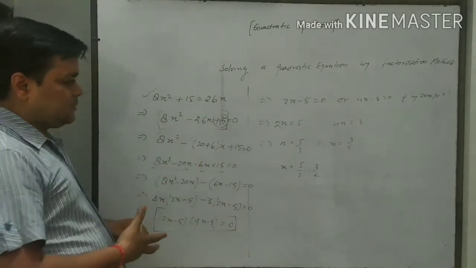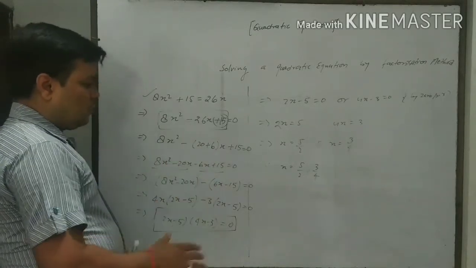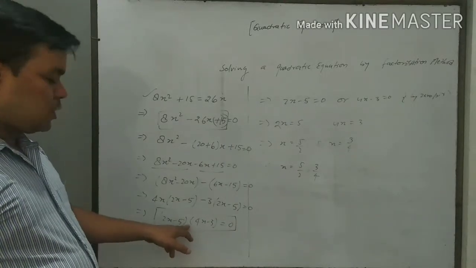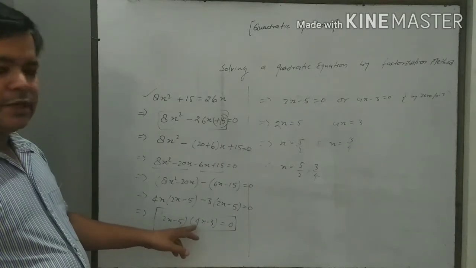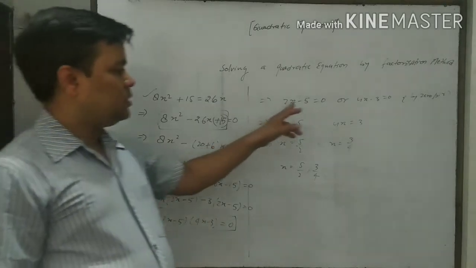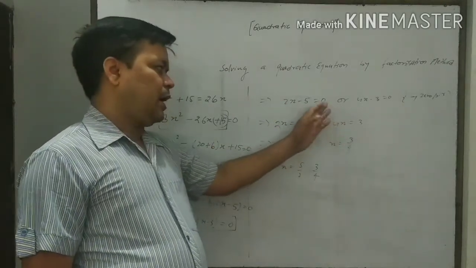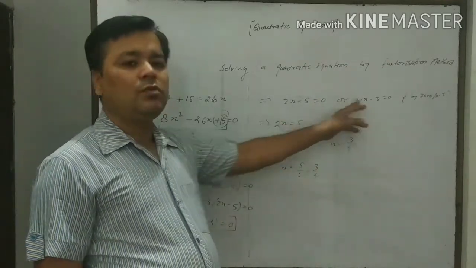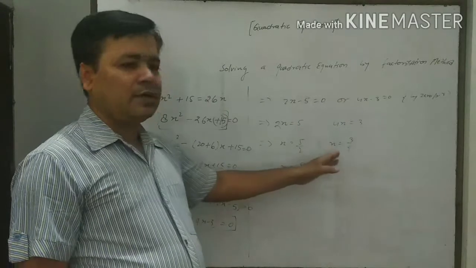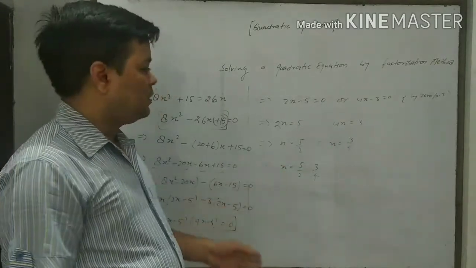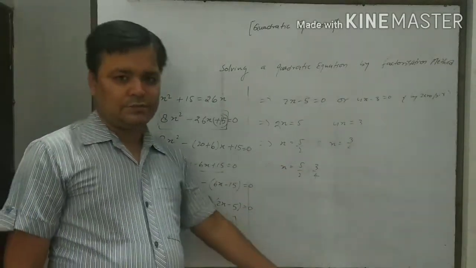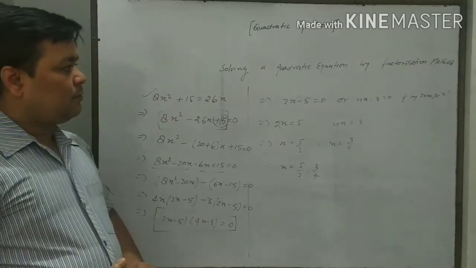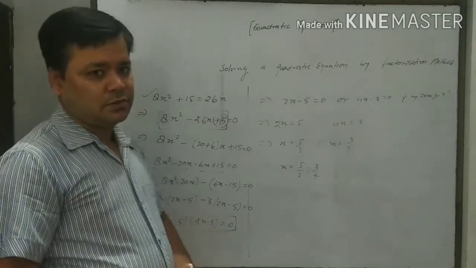After that, we solve the left hand side of the quadratic equation into the product of two linear equations. Now use zero product rule and put each linear equation equal to 0, and finally find the value of x, which will be roots of the given quadratic equation. This is the total process of the factorization method for solving the quadratic equation.